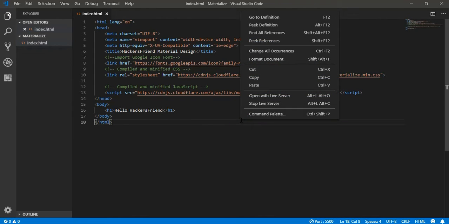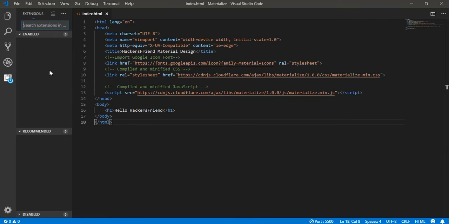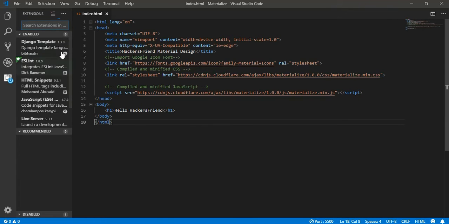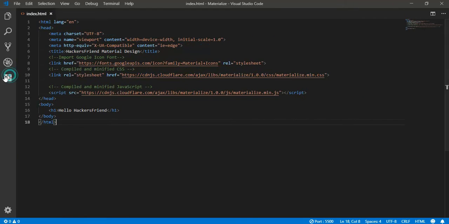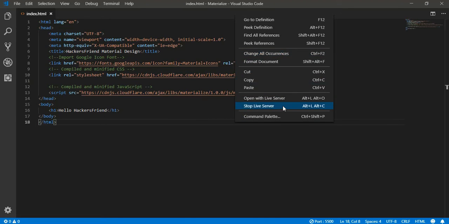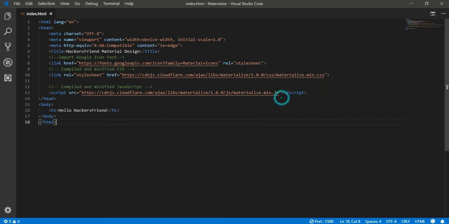I am just saving this file and I am going to open it with live server. Live server is an extension that you can install from VS Code. Here you can see I have installed live server. Live server is an extension that helps start a really light server on your website, and you can use that server for a lot of purposes. So I am going to run it with live server,